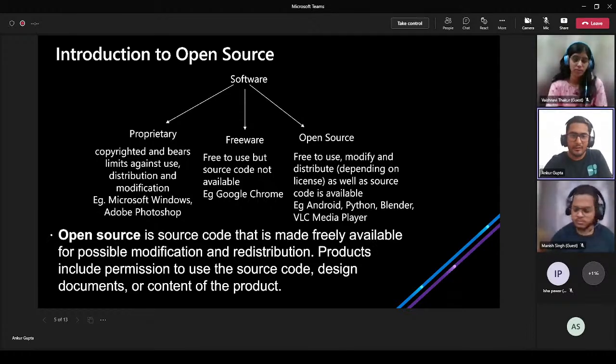Then there's freeware. Freeware is something that you use in daily life, but whose source code you cannot see. For example, take Google Chrome or a lot of browsers like Opera, and there are a lot of other software that are freeware. Freeware is something that you can use totally for free. You use Google Chrome, you don't pay to use it. You have the app installed in your system and you use it every day. But the thing is, you don't have its source code, right? So Google Chrome is freeware.